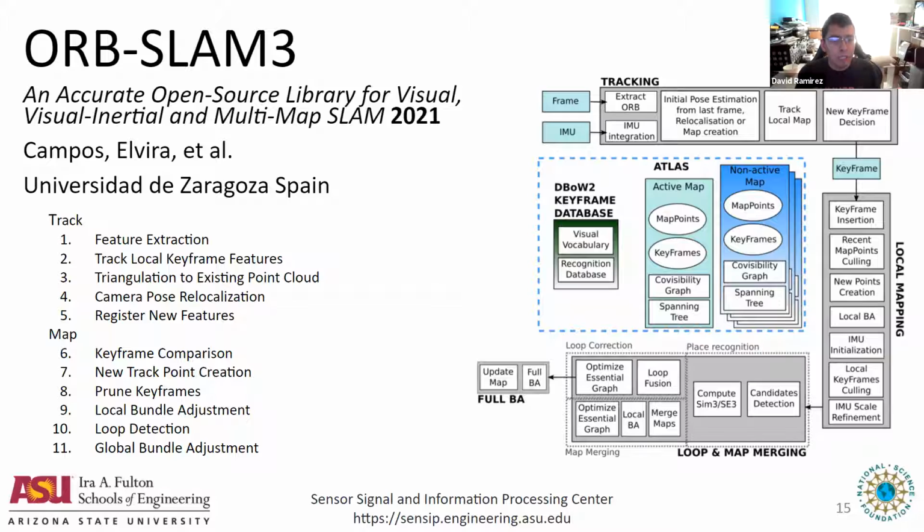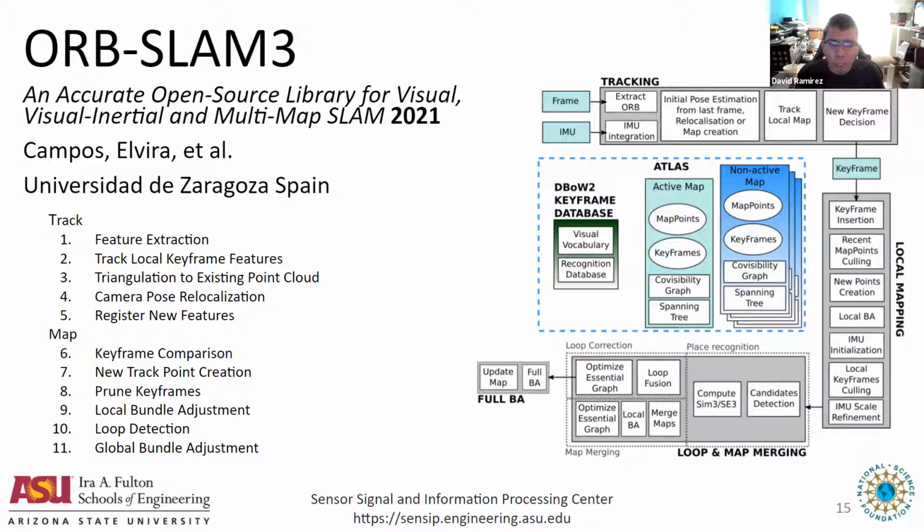Once you've got some key points from a key frame that you're tracking, you want to triangulate your new measurements into those existing points. So you're not doing 2D your new image frame into a 3D world, you're simply doing 2D to 2D. You're comparing your new image to the keyframe image and making sure that those are still relatively consistent. From that, you can get a little bit of camera pose relocalization as you go, but eventually you're going to